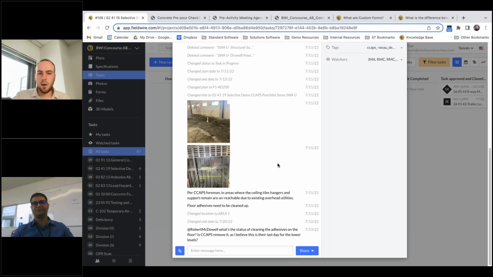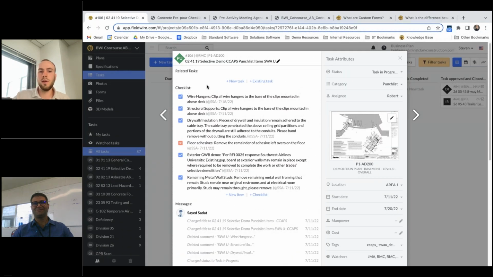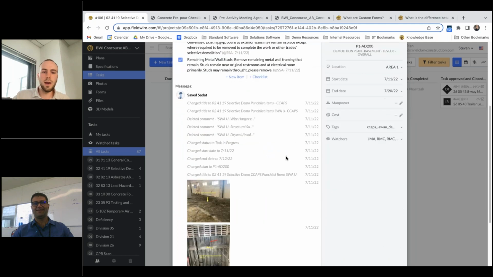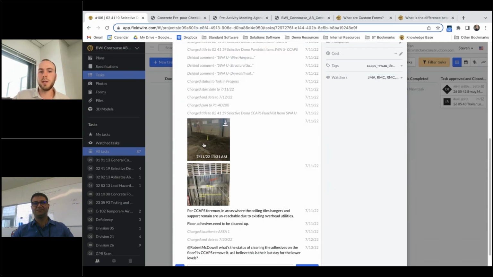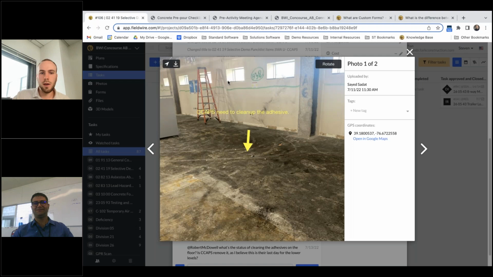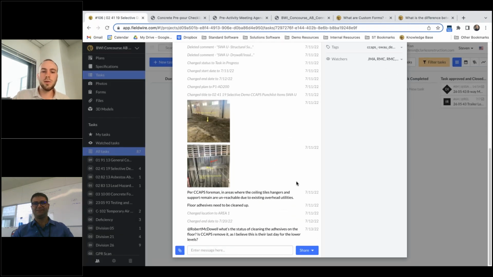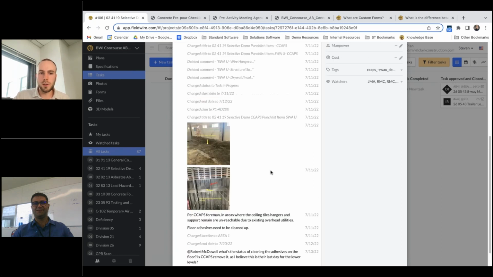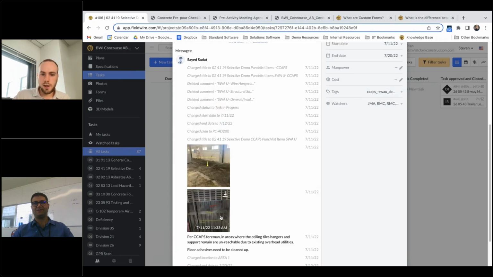So that way the subcontractor can rectify and address them. Oh yeah. No, that's perfect. I think that's a great example of using checklists of items that you need to look for, right? And then logging all the information related to it, like these photos. You've even marked up the issue here with the floor adhesive, and then using Fieldwire as a place to store everything related to this inspection. So tracking the issue and then using the task to actually communicate with your team and just keep everything in one place. Yes, that's correct.